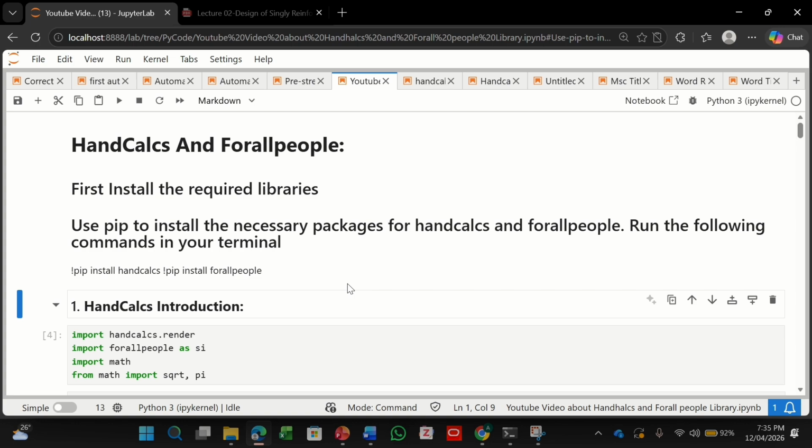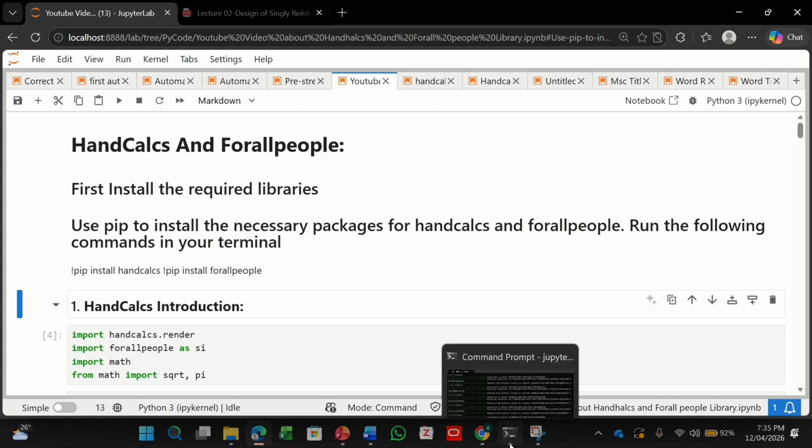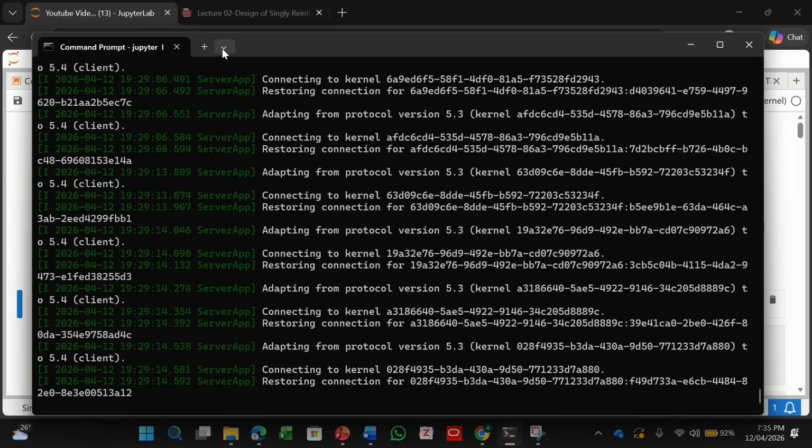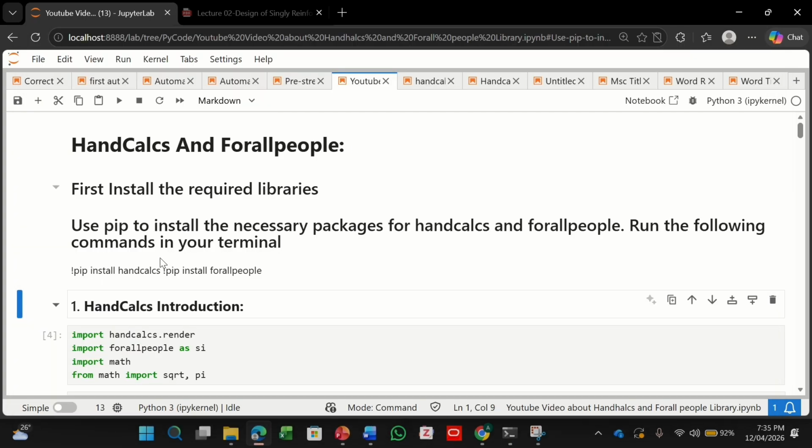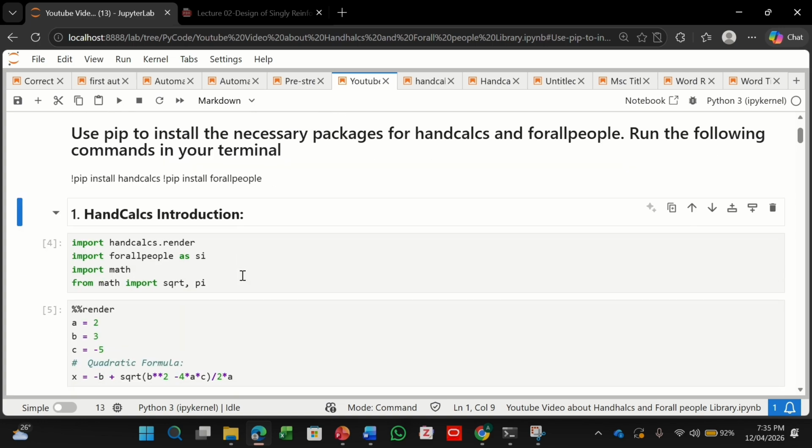Basically, HandCalcs helps you write handwritten equations using just a few lines of code, and the handwritten equations will be written readily. So you don't need to go to Excel or Word and use the ink equation option, doing it again and again and solving it again and again, which does not go well.